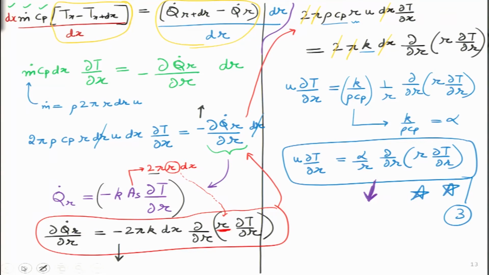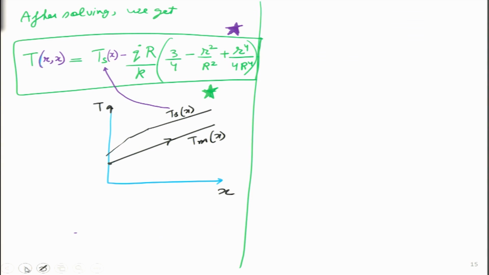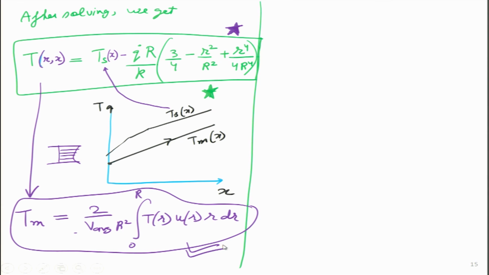Now, let us go back over here, and we have two more unknowns. The H value is unknown and the Nusselt value is unknown. Here again we will get a very beautiful result, and all we need to do is, based on this, calculate the mean temperature. If I know the temperature profile somewhere, I can always calculate the mean temperature. And you remember in the first lecture we gave that expression also. I will write that expression from 0 to R. It is simply integral of T u r dr. Once I calculate this mean temperature, this is what I want to calculate.